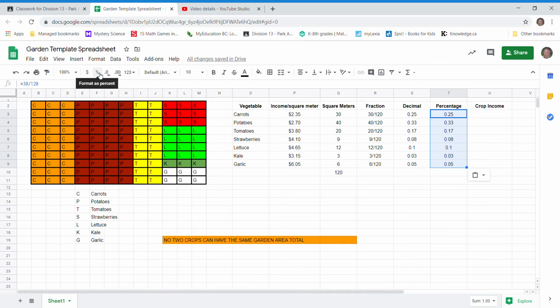You just click it. Ta-da! I got percentages. Now you notice how they're showing tenths of a percentage and even hundredths. To me, that's too specific for a garden. I don't really care. So what I'm actually going to do is knock off both of those